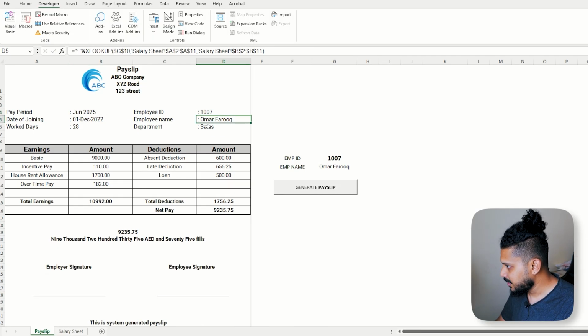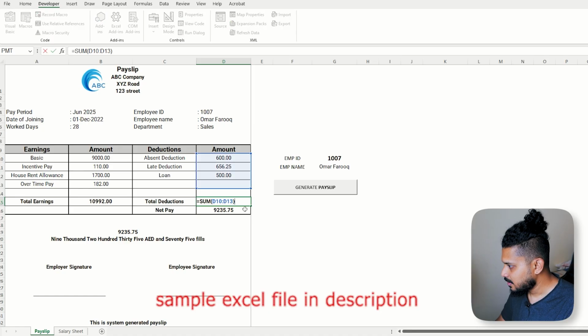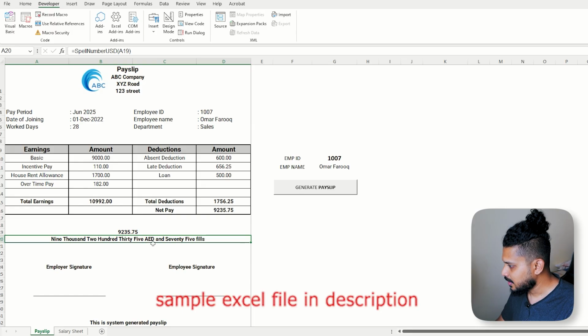Employee ID, then employee name and the department, sales, and also deductions, amounts and everything. I calculated the total deductions here by doing a sum, and the earnings I also summed here. Then the net pay, which is total earnings minus total deductions. So I got the total net pay, and I got the total amount written in words,